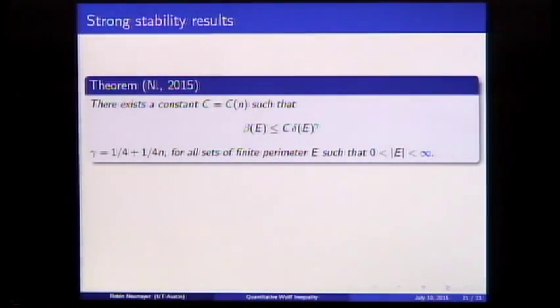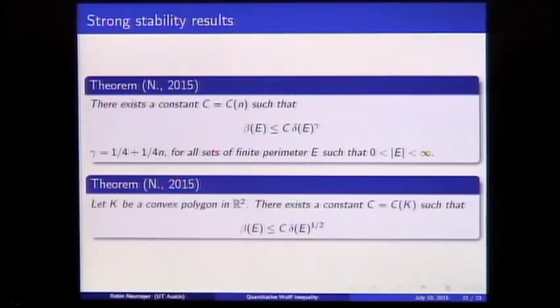We show that, okay, this H1 type quantity is controlled by the deficit not to the power 1/2, which we do expect to be optimal, but to the power 1/4 over 1/4 plus 1/4n. However, we definitely expect that the power 1/2 should be true in this setting. And more evidence in that direction is the fact that, okay, we saw that for the case of uniformly convex C2 Wulff shapes, we can show this optimal power of decay, 1/2.